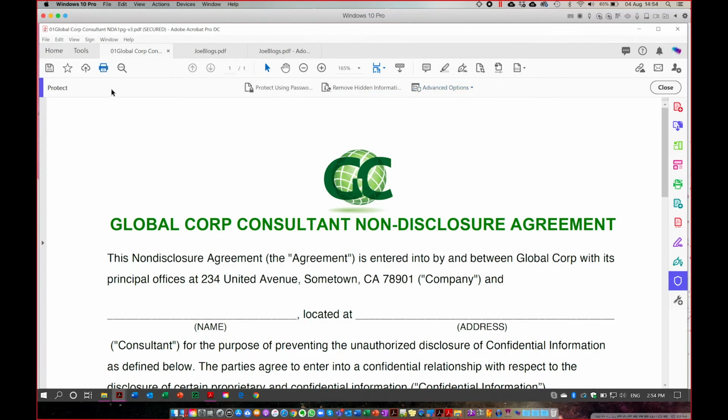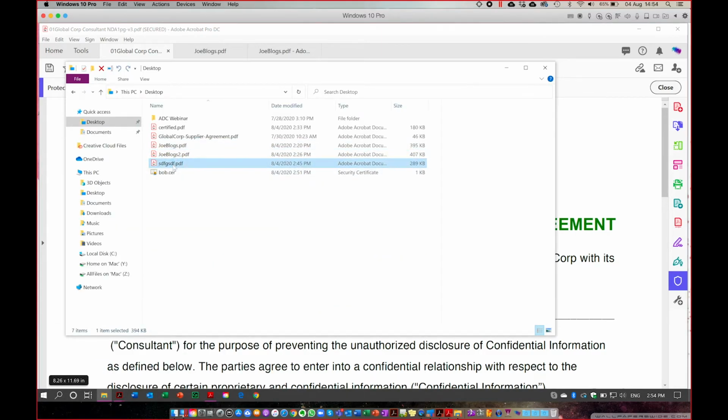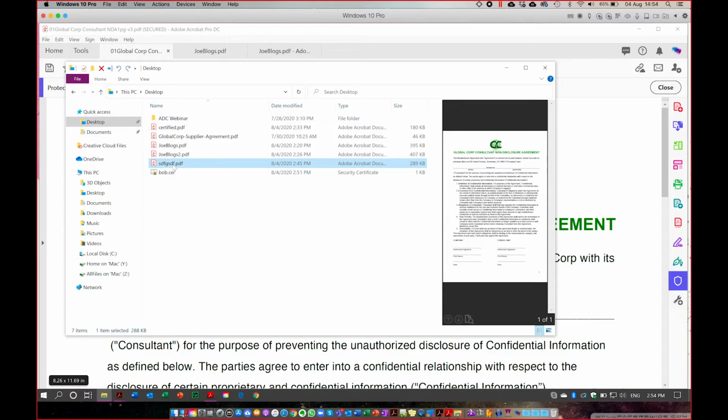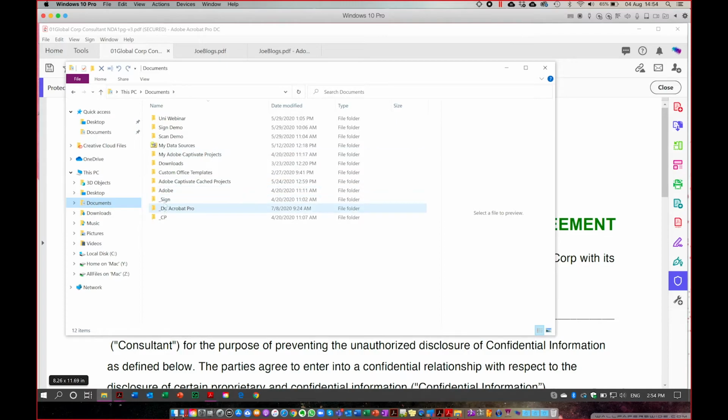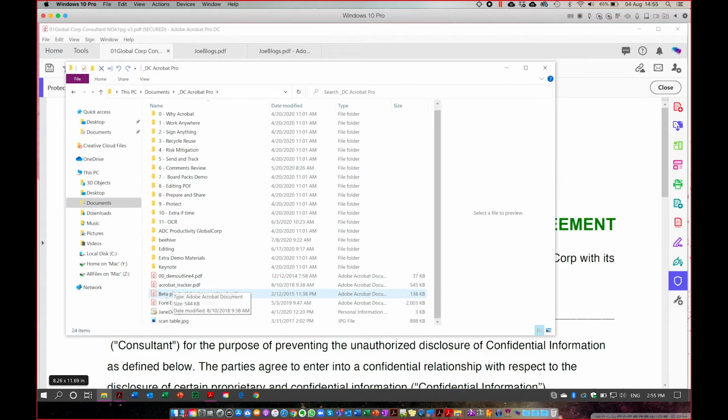Sorry, I need one that's not locked, because I've gone and locked it. Give me one minute here. Going to choose anyone here. Let's maybe go to